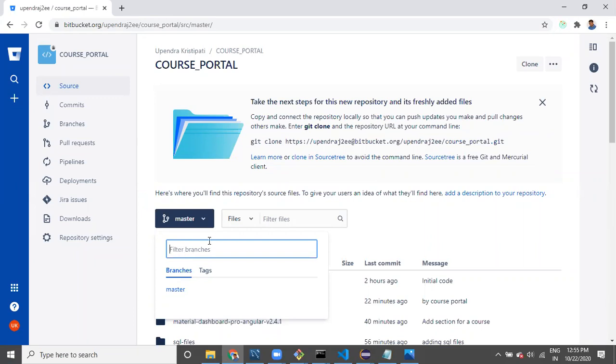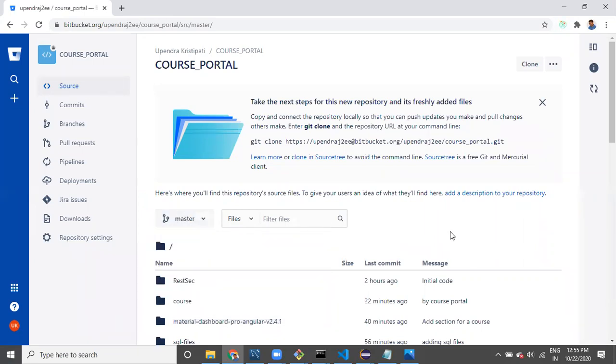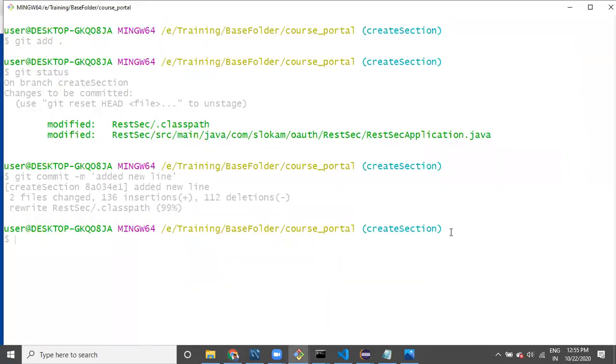When we have only one branch, we have created this create section branch in the local. Now I want to push this branch to the remote. For that, what I can do is git push.